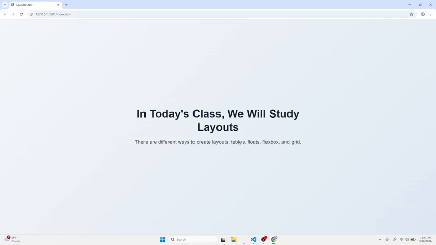Tables were the old option and are now not used that much in creating a web page layout. Now, the most widely used ones are Flexbox and grid. You have already covered tables in your previous lectures. I will discuss floats and Flexbox in today's lecture, and I will create a separate video for grid